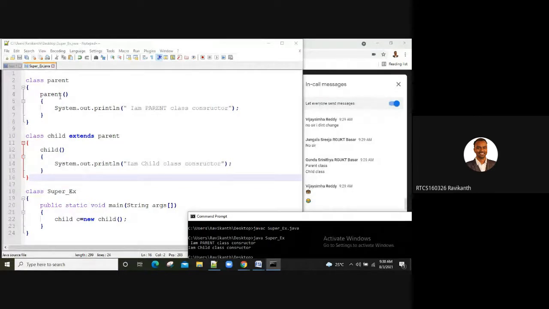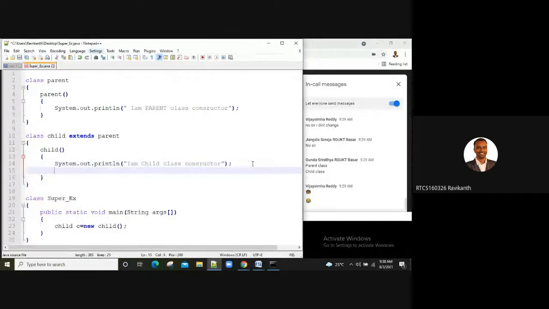The reason is the first line of the constructor will be written as super. Usually this is how it would be written internally. By default, the JVM is going to write this super keyword. Super in the sense you first call your super class constructor, then you can call your child class constructor.